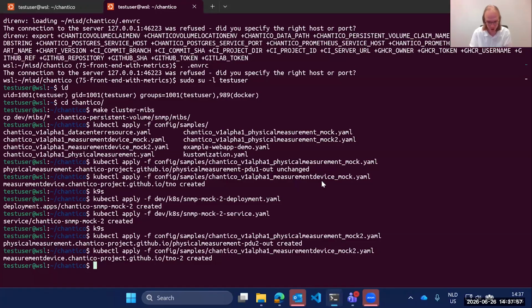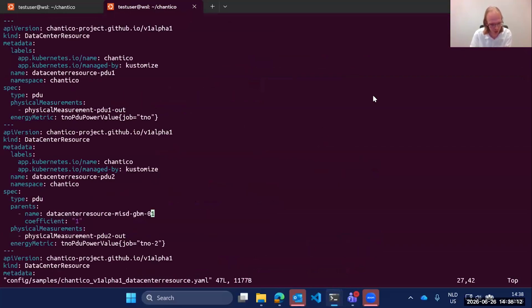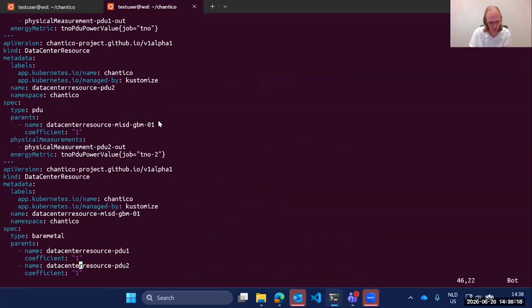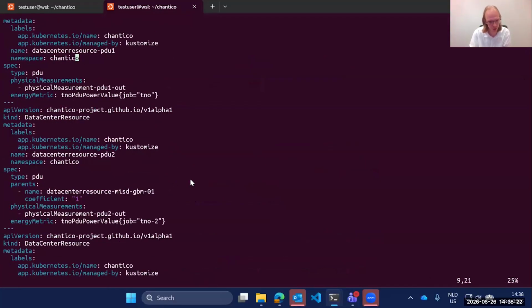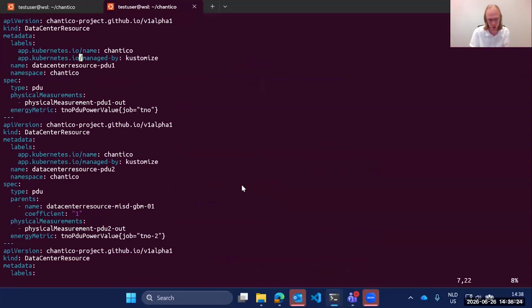And to finally get them together, we use a file that is called data center resource. I'll just first show what it looks like. It has a number of resources that we provide to our controller, which first gets validated before it actually gets used, because there might be errors in this graph, there might be loops or dead ends.